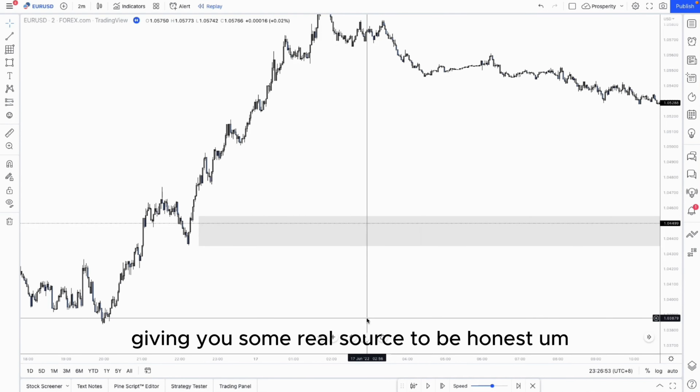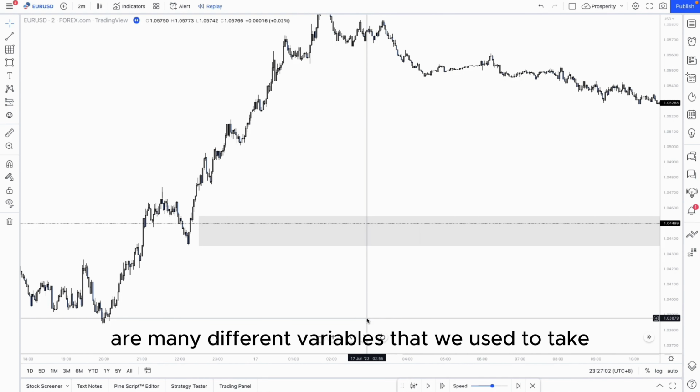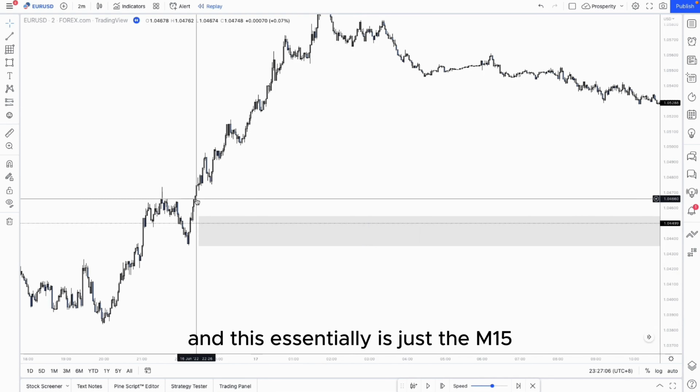Hopefully giving you some real source, to be honest. I'm going to be showing you an entry model, right? It's one of many entry models because there are many different variables that we use to take. This is our most simple. And this essentially is just the M15,